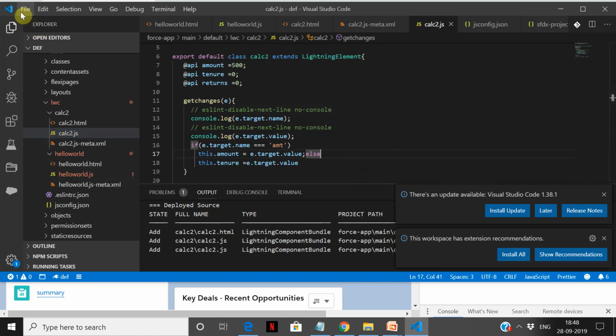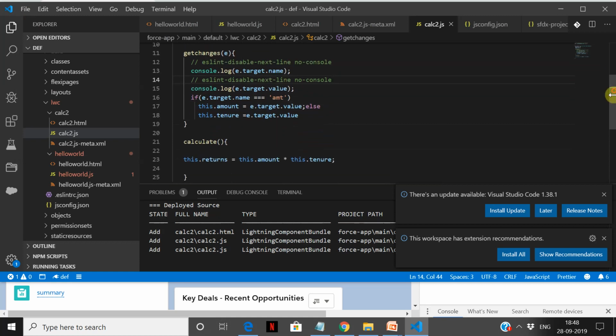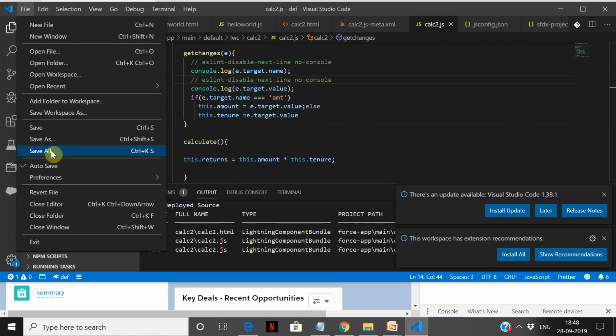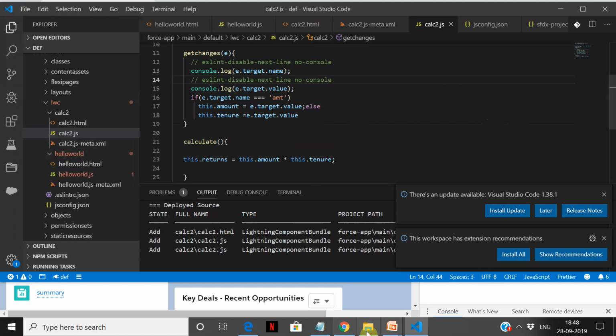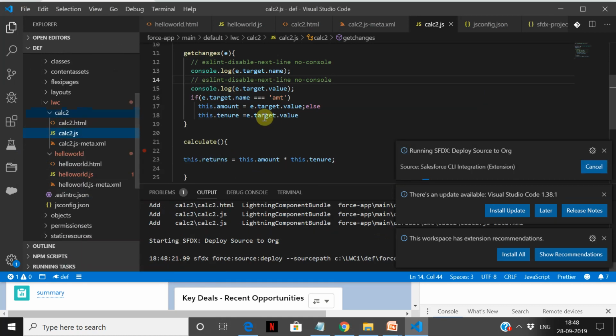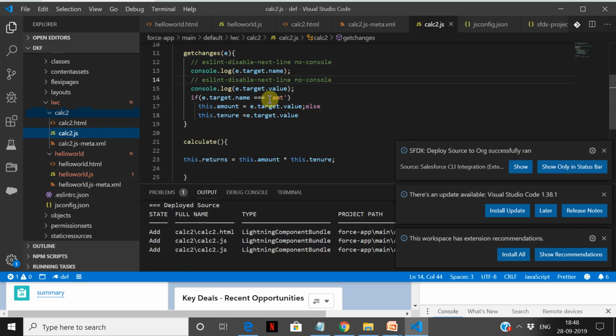Now let's save all. Now this will calculate and assign the value, but this is going to finally assign it to this.data. So let's save all and head back. Now let's deploy this too. So now, this is a normal JavaScript object. This will get the name, value. Now compare the value. You have to give three equal signs. And if you do that, what we are doing here is assigning the value. Whatever value is assigned to the tag in the UI will get returned to this.